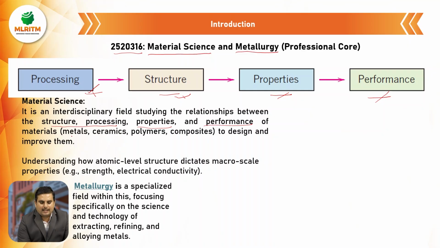Basically, the materials are metals, ceramics, polymers, and composites. And these will be based on structure, processing, properties, and performance. We can design a new material, or otherwise improve a material which already exists. And you see here, material science also defines how atomic level structure